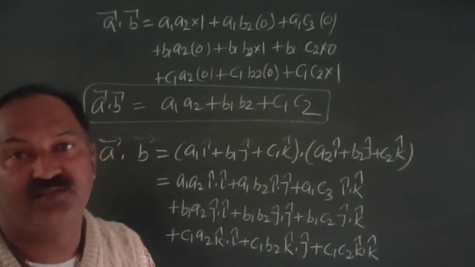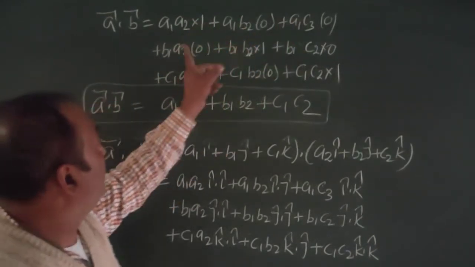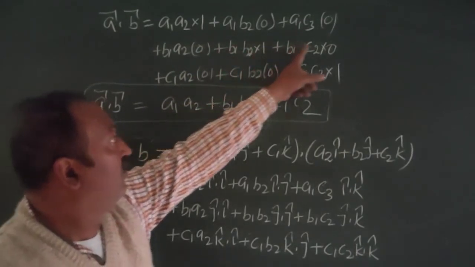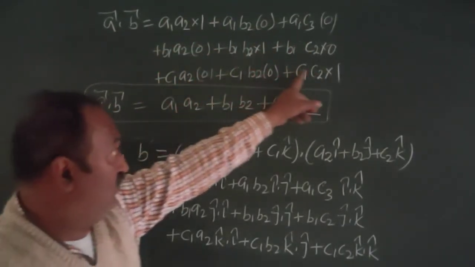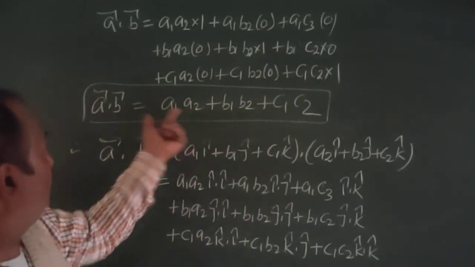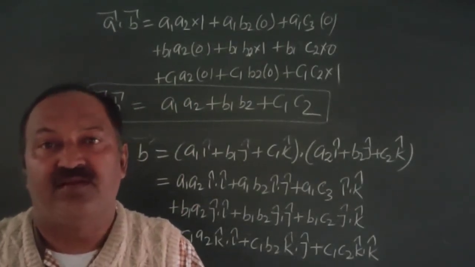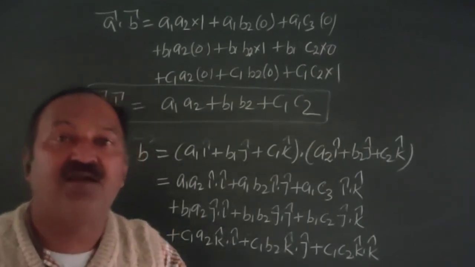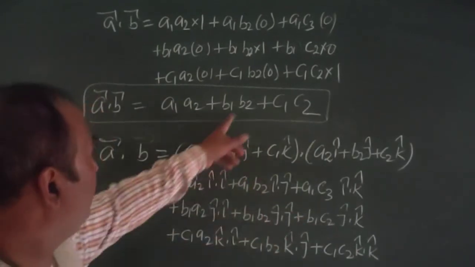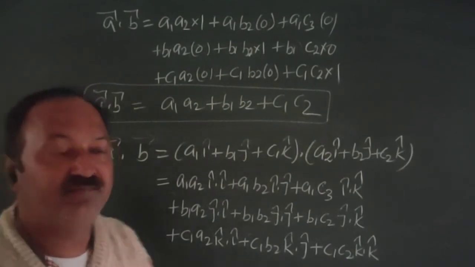term of components. क्योंकि ये वैल्यू बच गई, ये जीरो होगी, ये भी जीरो होगी, ये भी जीरो होगी, इससे जीरो से मल्टीप्लाई करेंगे, ये भी B1 B2 और ये भी जीरो, ये जीरो जीरो और ये C1 C2. So this is the scalar product of the two vectors A vector and B vector in term of its component. Simply multiplying the component of I cap with I cap, J cap with J cap and K cap with the K cap, that is C1 and C2. That's all.